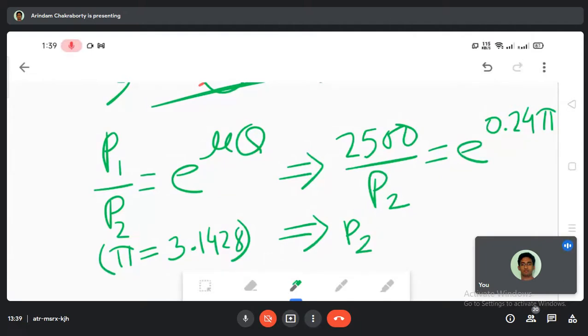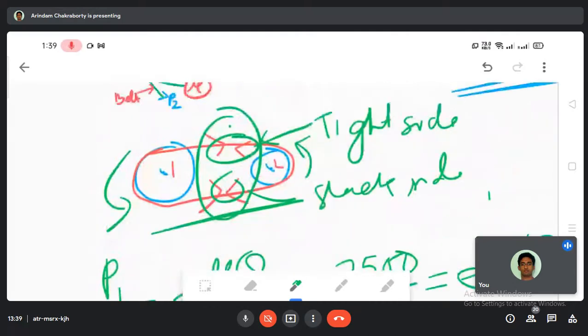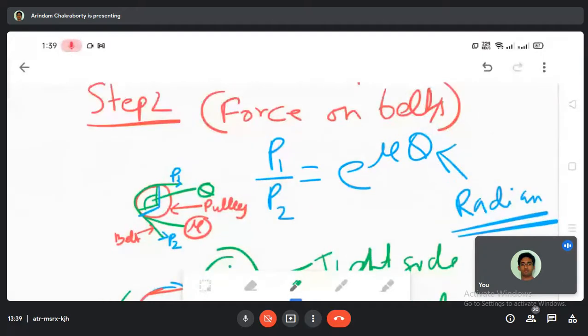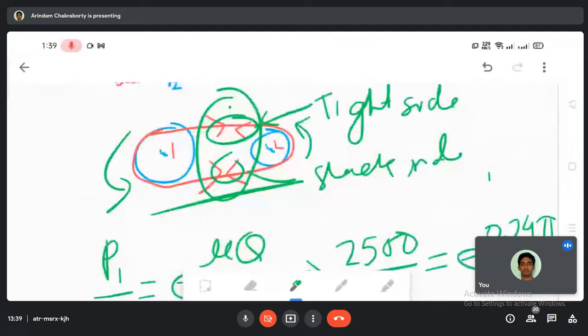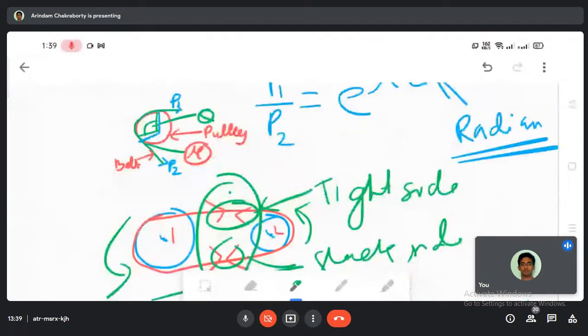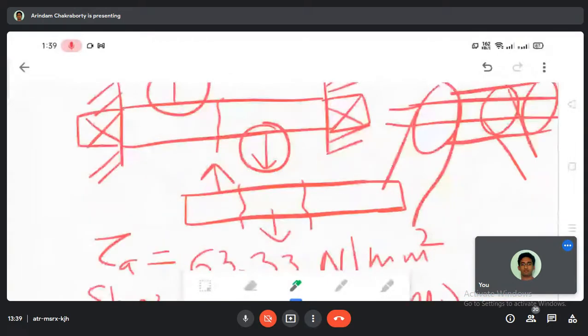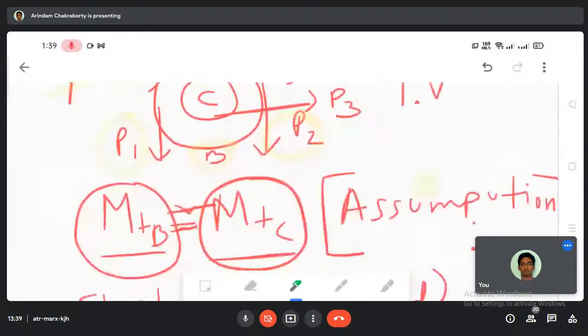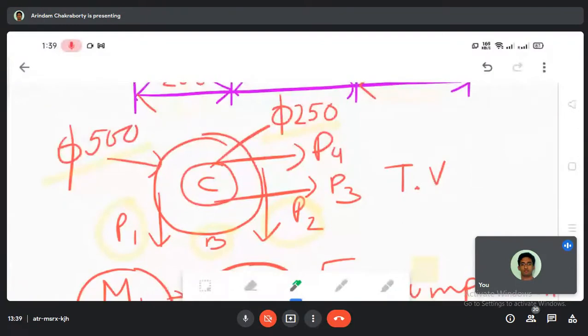Now here comes what P1 and P2 are. Let us go back to the concept. Why am I much more interested in P1 and P2? If you see pulley B, let us go to the basic concept. This pulley B has a load of P1 and P2. It's an idle load. Since it is the driver pulley, we'll calculate all the things from here itself.